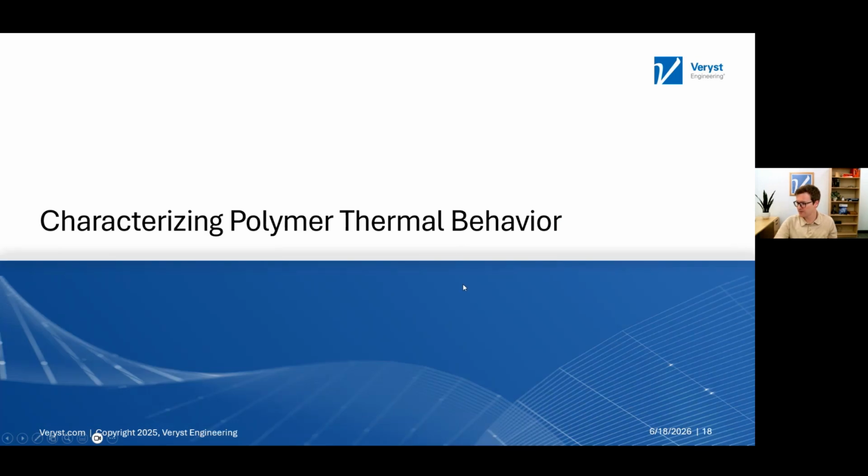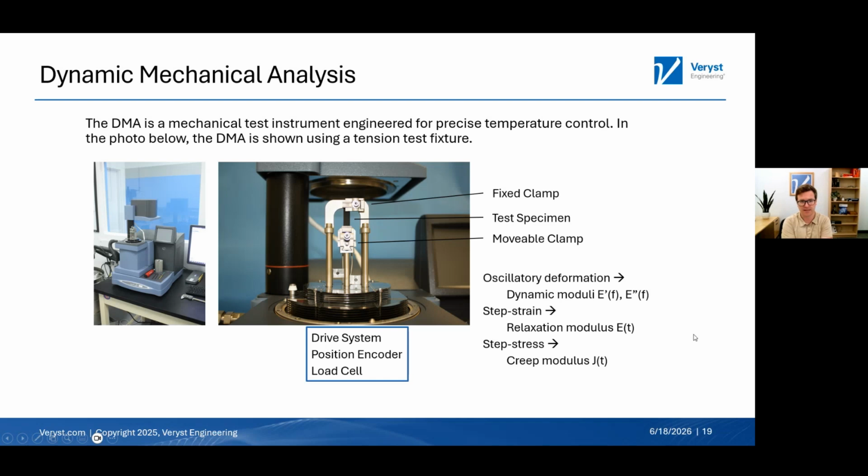And so I think for the next section, we're going to talk about characterization. You've seen some examples of this already. There are a few more that we're going to talk about in more detail. The first one I like to talk about is called dynamic mechanical analysis, or DMA. This is fundamentally a mechanical test of a polymer material, but I like to think of it as more of a thermal characterization, because